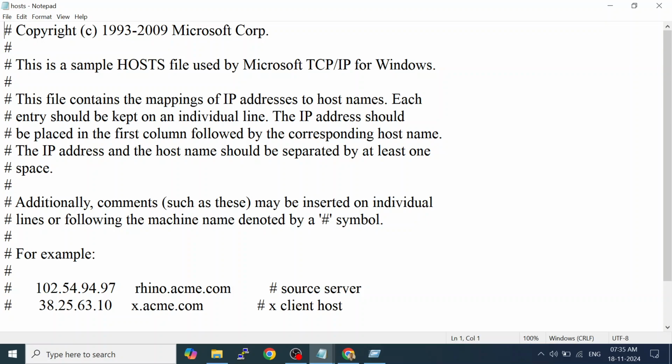So very long back, when I was reading, on that time we use this method to block Facebook. So what we do, we give wrong IP address here, like any private IP address, and then write www.facebook.com. So as per the process, when anyone is going to type facebook.com, where the queries goes?